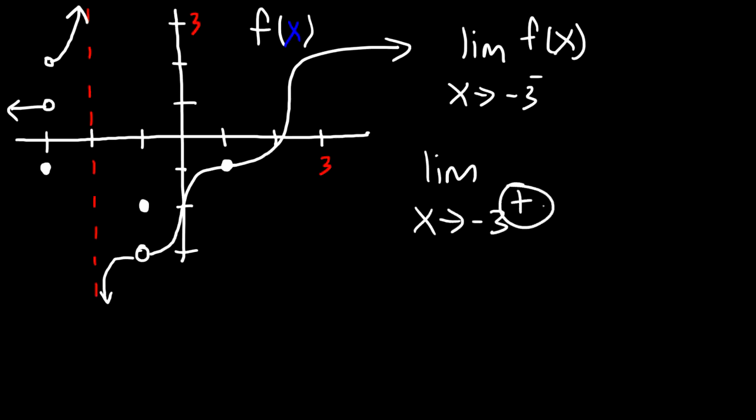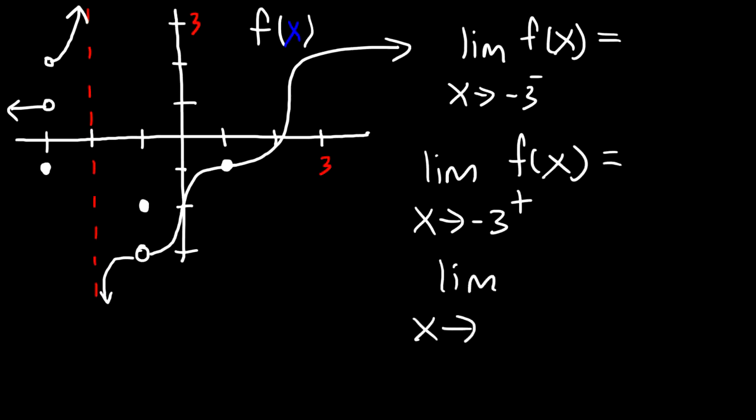The right side is indicated by the positive superscript. And what is the limit as x approaches negative 3 from either side? And finally, what's the value of f of negative 3? So these are common questions that you might see in a test when evaluating